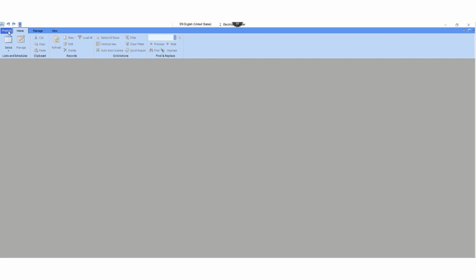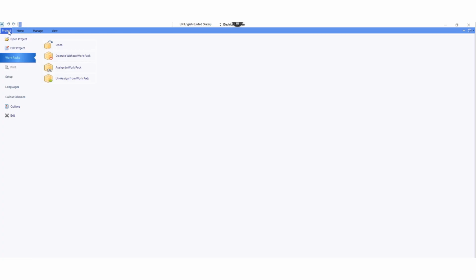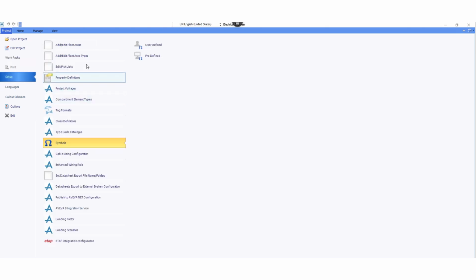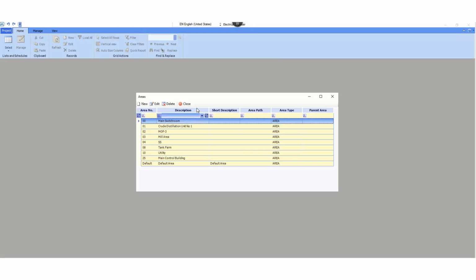So click here, project, go to setup, to add edit plant area. Firstly we have to assign the plant area, the unit. Here create a new area,